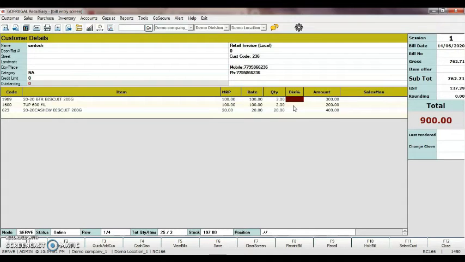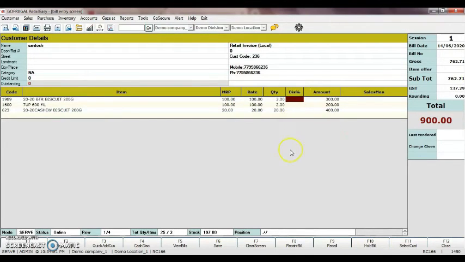As a customer, sometimes they scan a few items and then say, wait for some time, I'll have to purchase some other item. Meanwhile, the next customer will not wait until the previous customer returns. So at that time, you can click on hold bill to hold the bill and continue with the billing for the next customer. At a time, you can hold up to 10 bills.